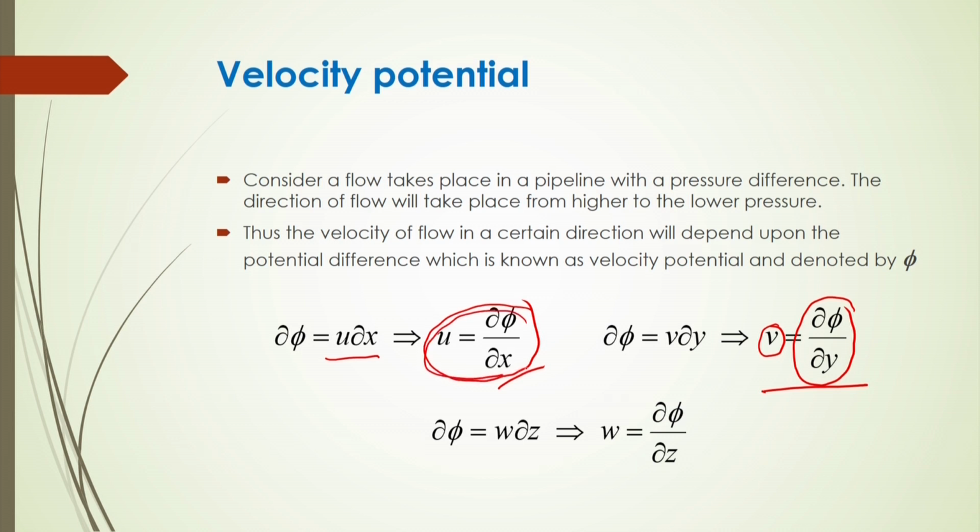by this. u will be equal to ∂φ/∂x and v will be equal to ∂φ/∂y, and also w will be equal to ∂φ/∂z in the x, y and z directions respectively. So, based on these functions you can define the velocity potential, and also how the velocity in a particular direction can be obtained from this velocity potential you can also